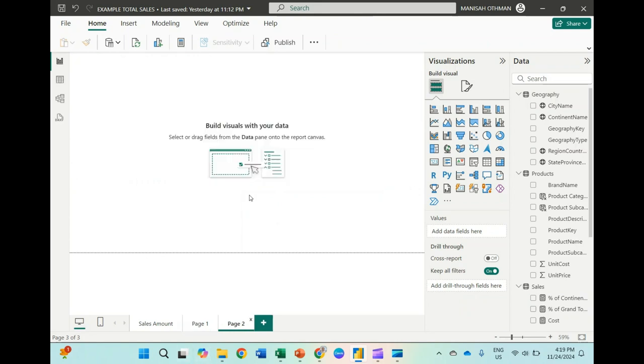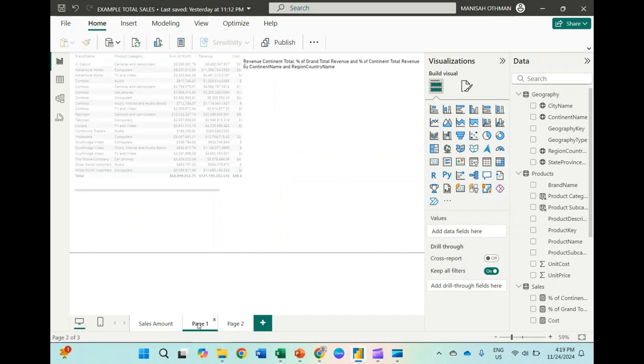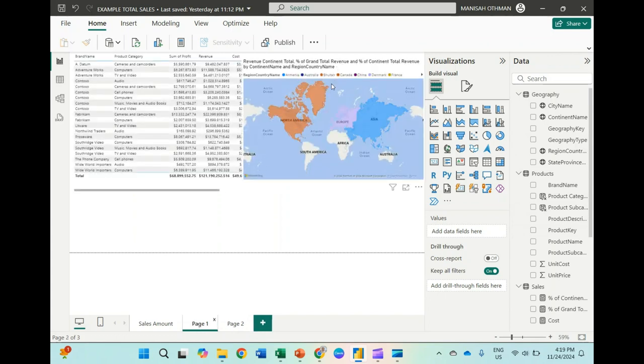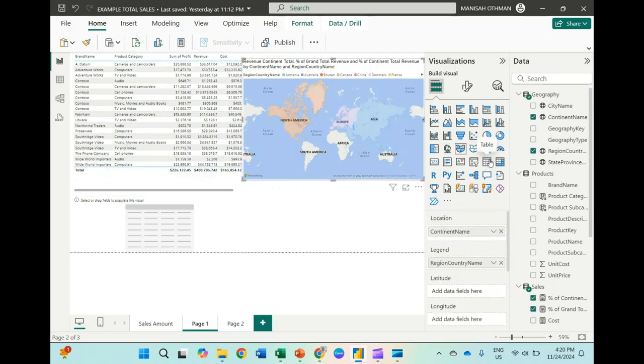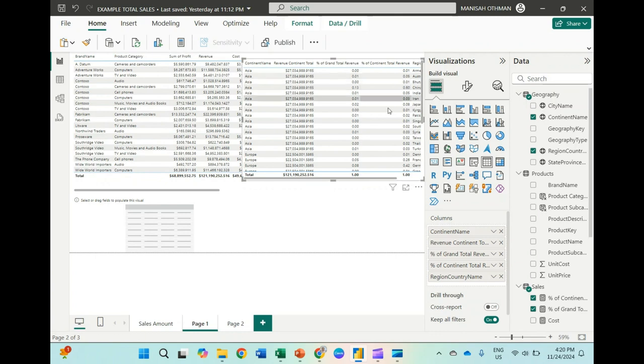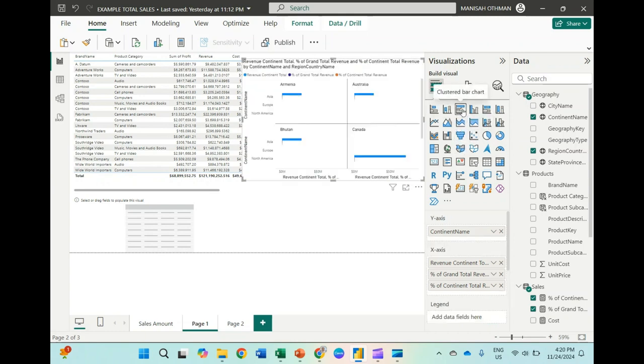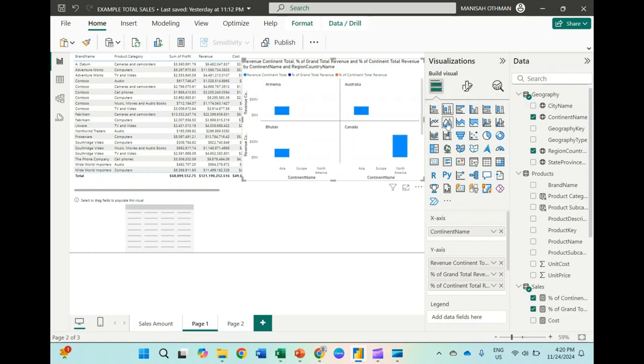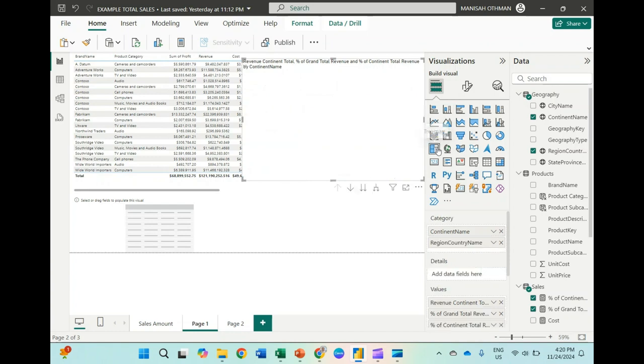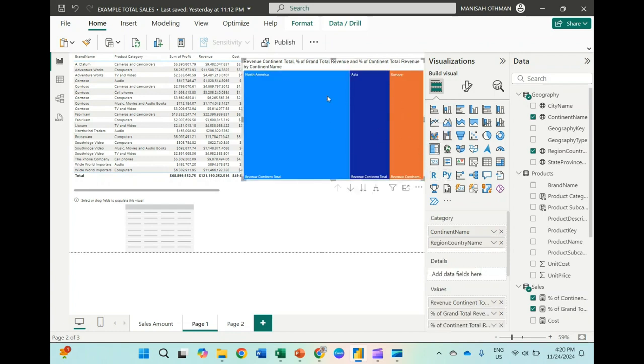Now we want to visualize it. I think I already put it here, or you want to visualize using a table, then you can change it to the table. This is a new one, just make sure this is active and change it to the table. So this is a new table, or you want to put it in a chart, or a state chart here. You can choose whatever visual is suitable. You can see the percentage here,